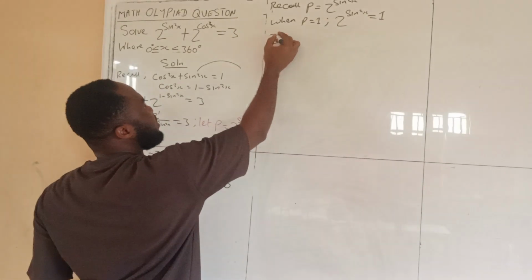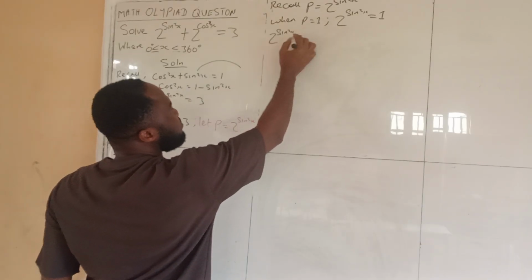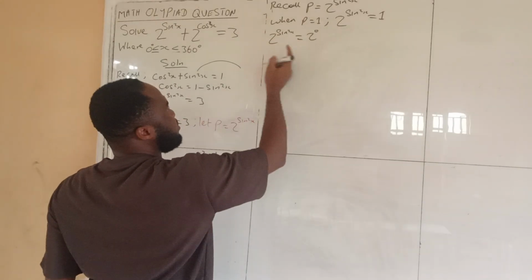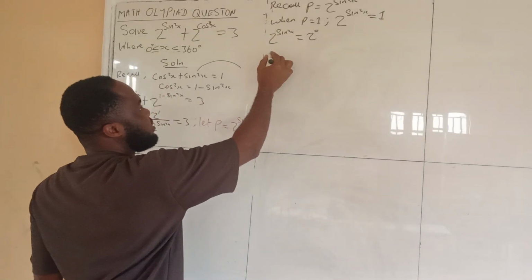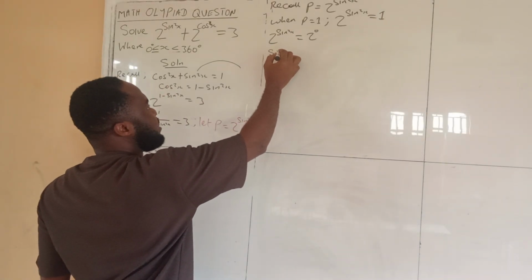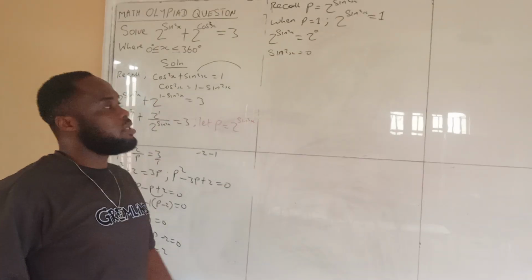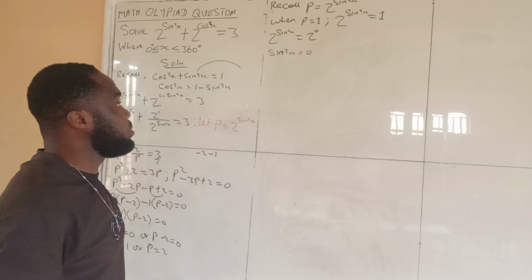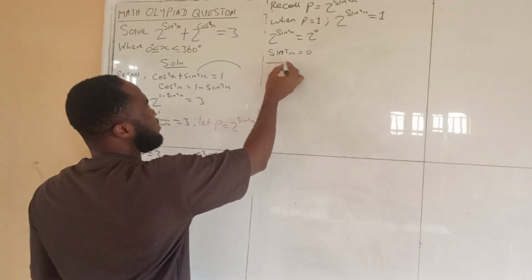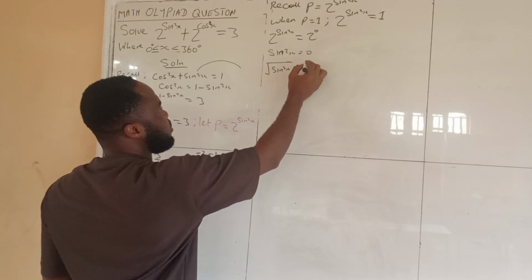So here we're going to have that 2 raised to the power of sine square x is equal to 2 raised to the power of 0. Since they have common bases, we equate the powers. So sine square x is equal to 0. To eliminate this square, we're going to square root both sides. So we have the square root of sine square x